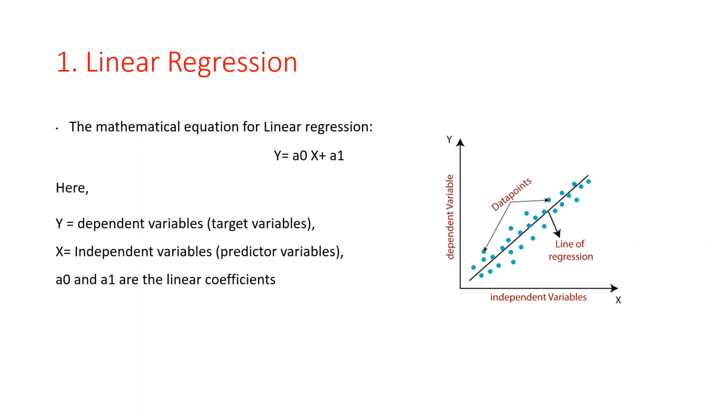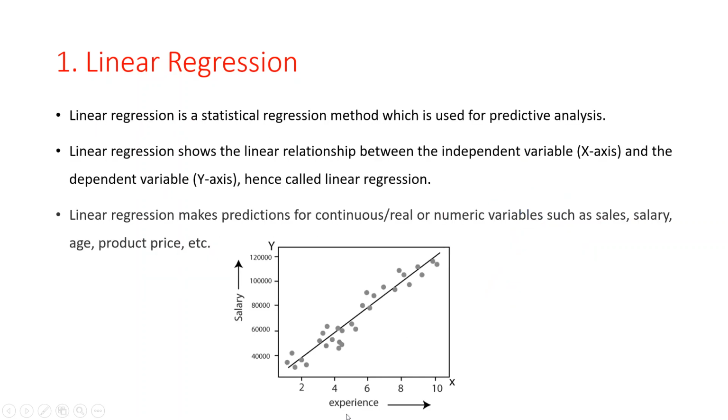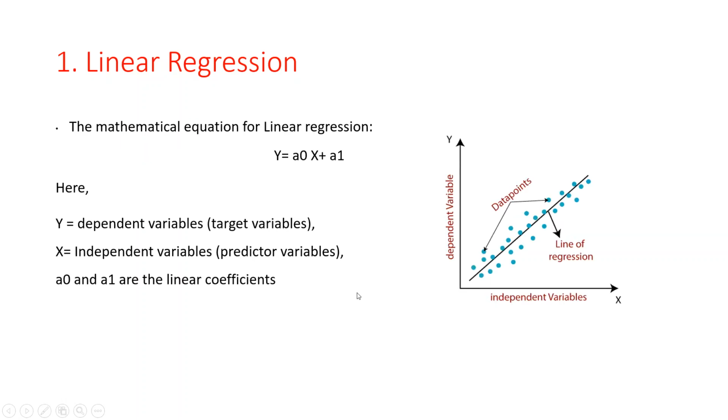So this a0 and a1 also scale factor to each input value. What are the input values here? 2, 4, 6, 8. Okay, so these are the different input values. So here we are predicting the scale factor for an input variable based on the a0 and a1. Okay, so this is the linear regression.